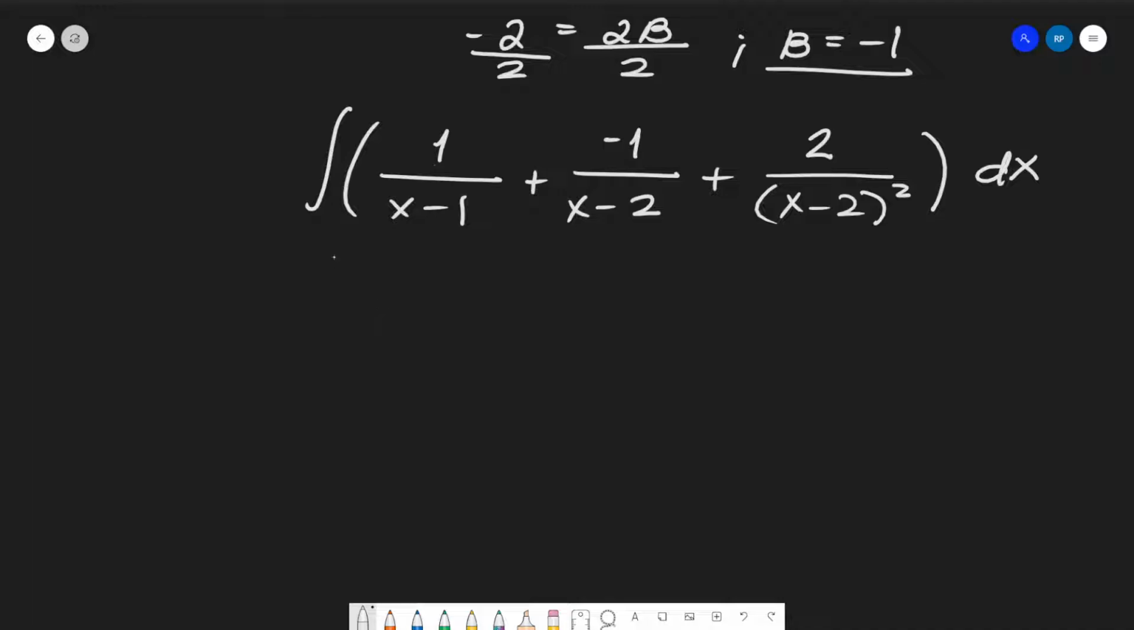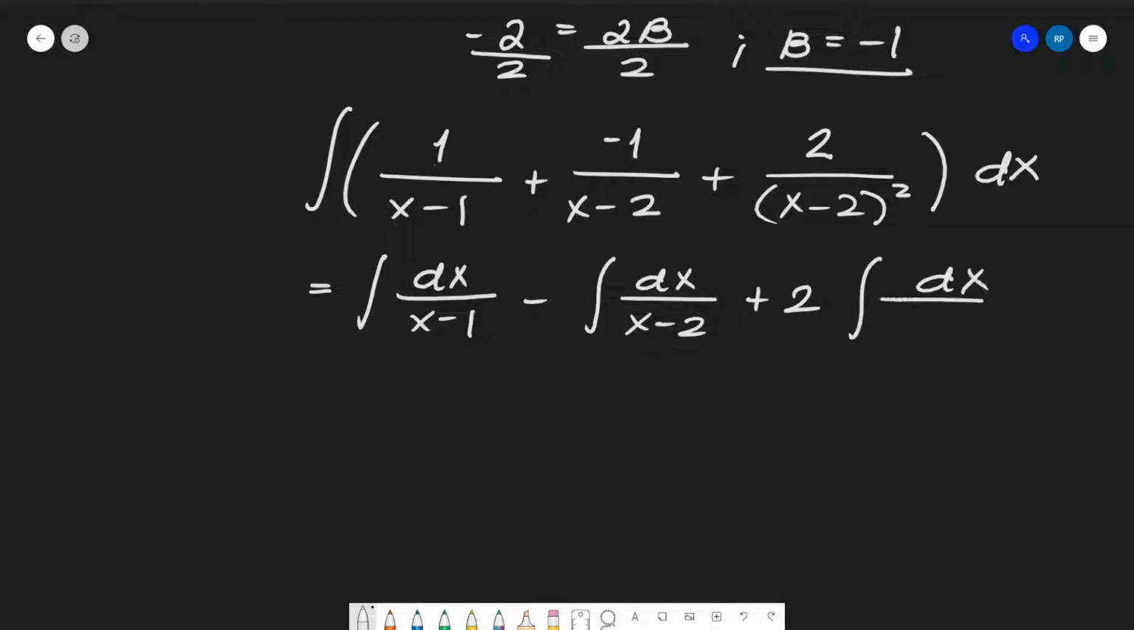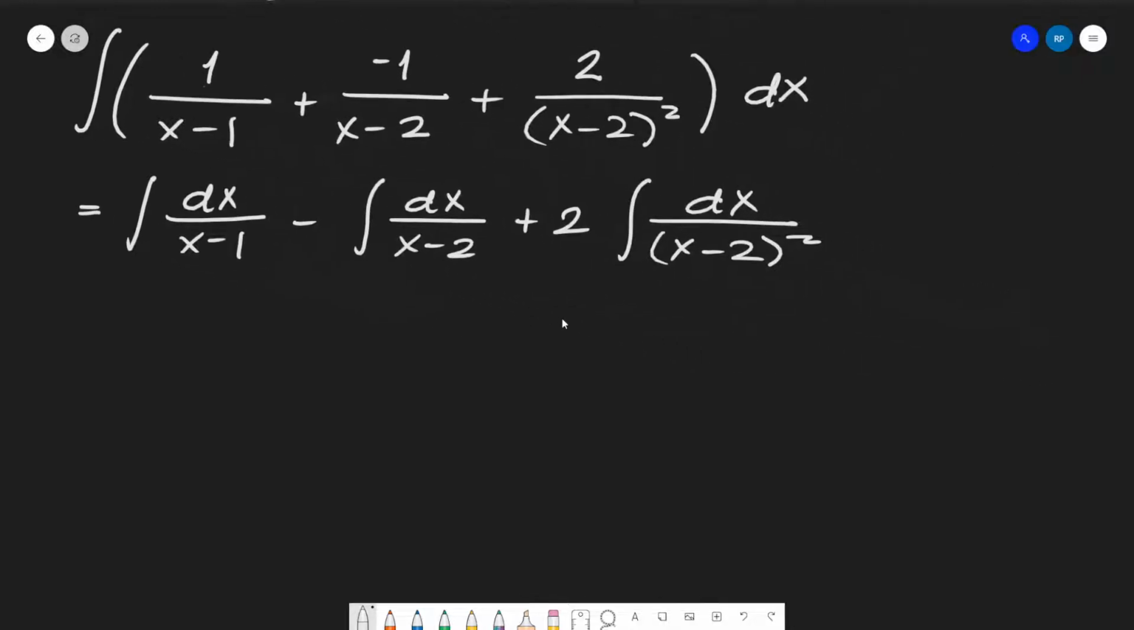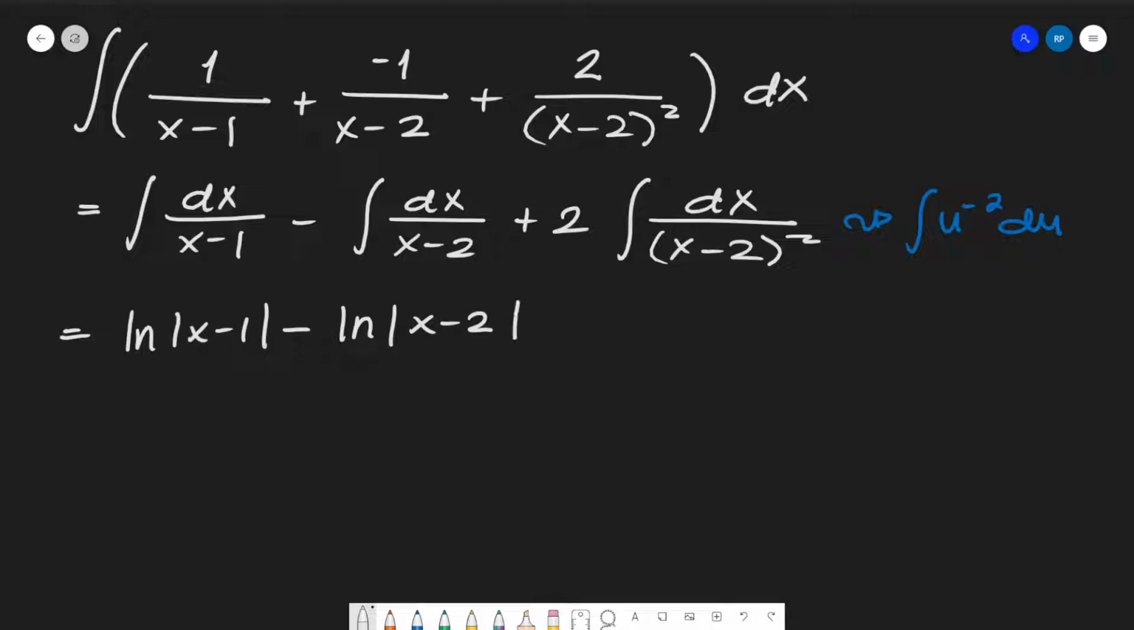So, we have here what? So, we have the integral of dx over x minus 1 minus the integral of dx over x minus 2. Then, plus 2 times the integral of dx over x minus 2 quantity squared. Okay, so this is du over u, this is du over u. This can be considered as du over u squared, no, which is also equivalent to the integral of u raised to negative 2 du. No, so you have here ln of x minus 1 minus ln of x minus 2 plus